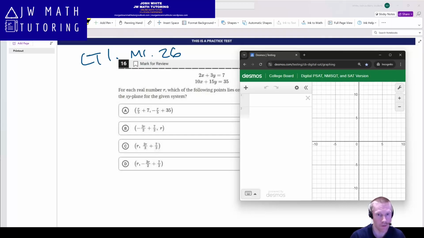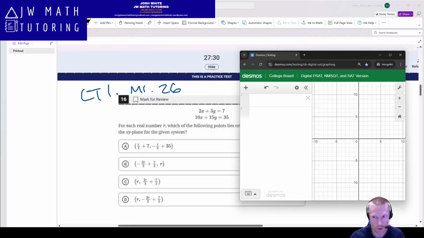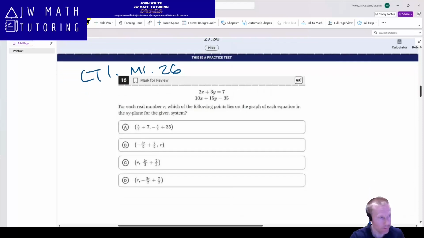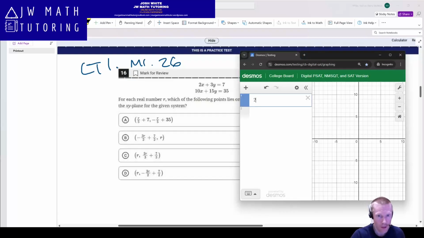So this system of equations is really infinite solutions, meaning it's one and the same, it's one line, just written two different ways. If you don't realize that, if you type them in Desmos, you'll see they just overlap each other. So we only need to type one of them in. So if I graph the top one,